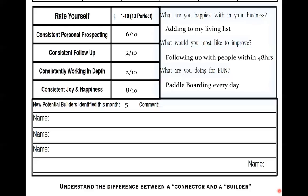Maybe look at some people who have had some networking experience. I'll ask people, who's the first name that popped into your head? Who's the second name? And we want to write those names down. Again, they could be people that you've already talked with, people that you brought into the business, but they don't necessarily need to be. So in this case, three-way phone calls with upline, we want to do that as quickly